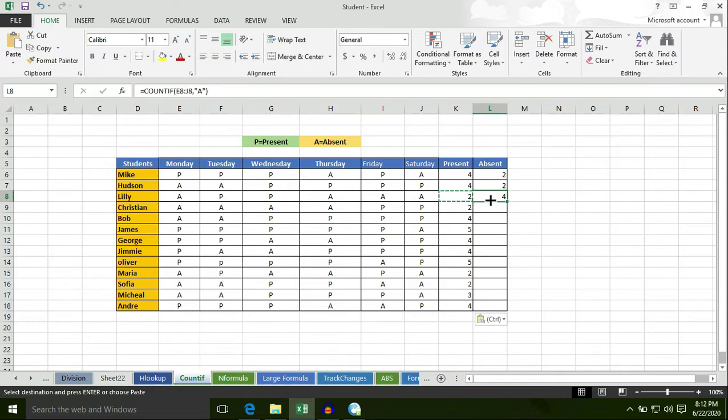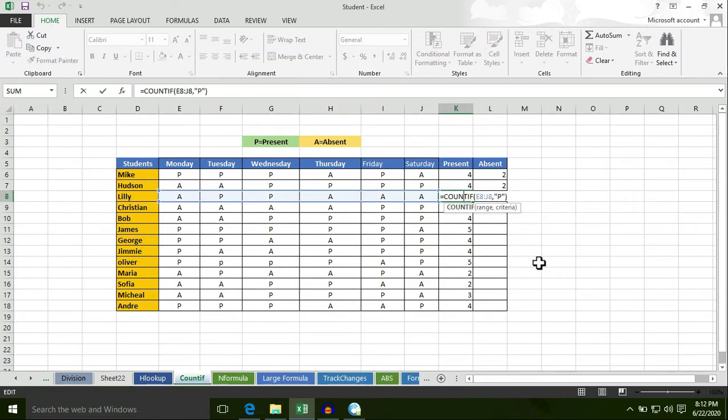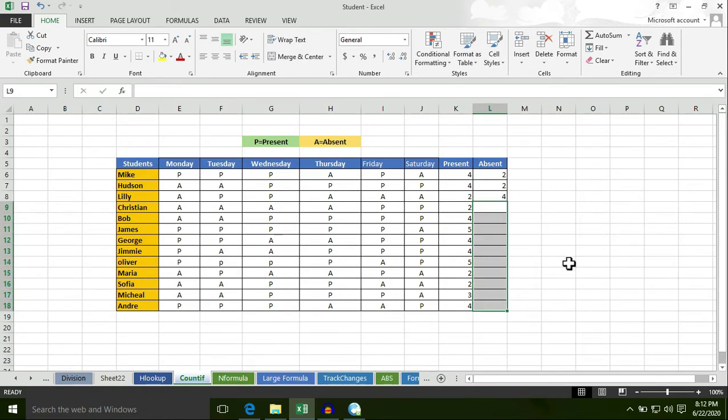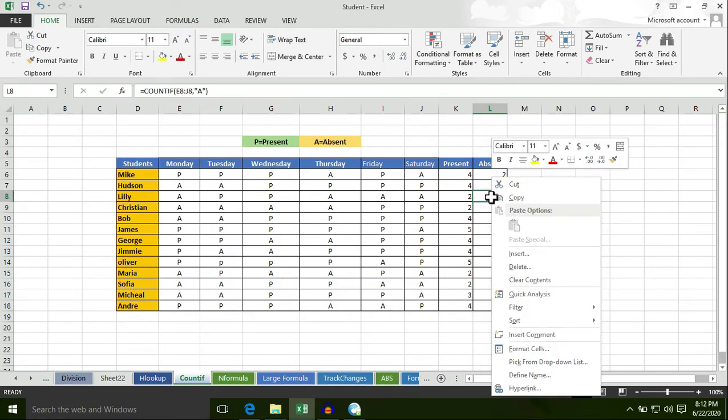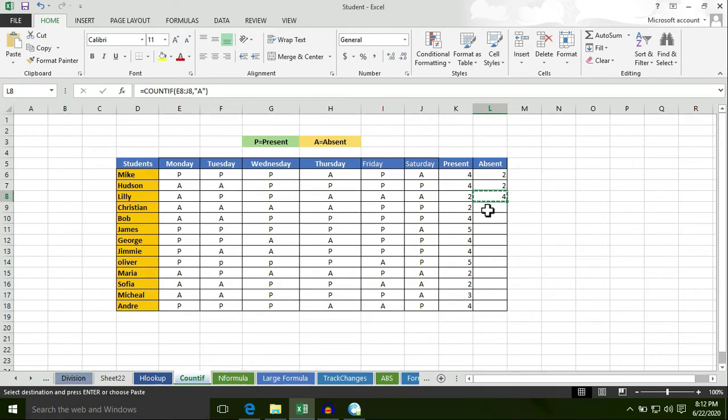So you can easily get all the answers just by copying the same formula. Now for example, I want to copy this formula to the remaining fields in order to save time or reduce effort. Just right click on this cell, then select copy. Now select this whole range and press Ctrl V. So I got all the answers within a second. So it saves time.